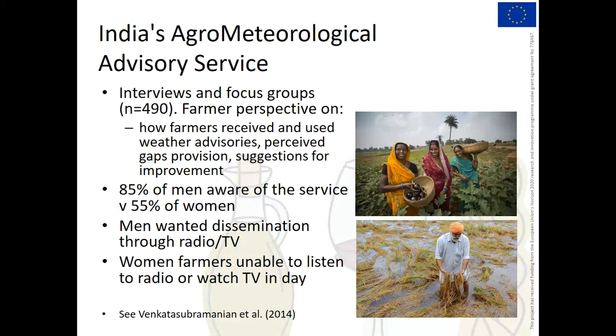They prefer to get the information through a variety of means, including text messages, SMS messages, and advisors going into the village. And I think that's particularly important because women actually said they found the information more useful than men once they got the information, potentially because it was tailored to the kind of farming that they were doing. So for me, this really highlights the importance of understanding how things work on the ground and what could be improved from the point of view of the end user. And especially if you want to ensure that the information that you're providing has maximum impact, to include all of those perspectives from people on the ground.